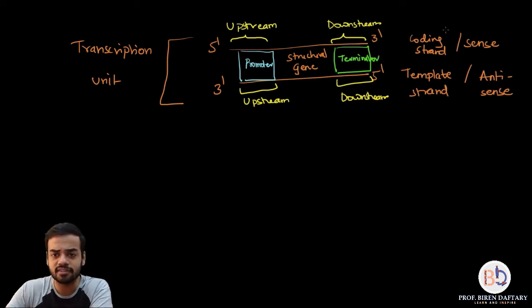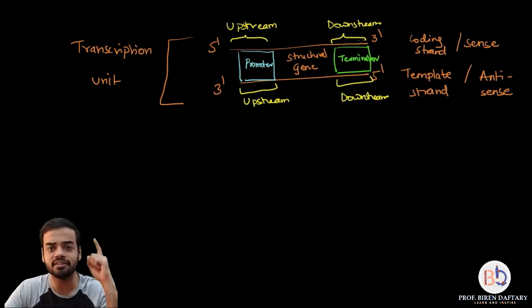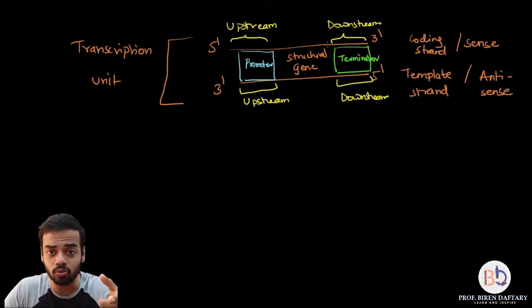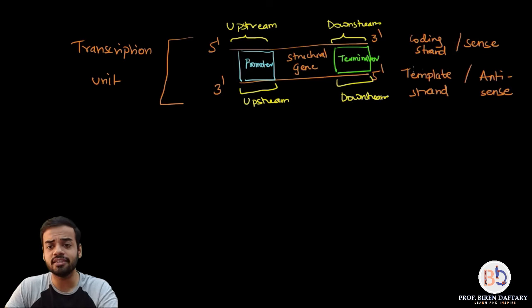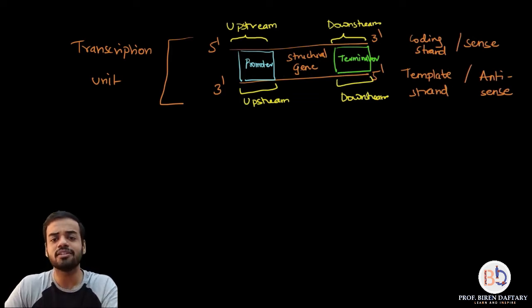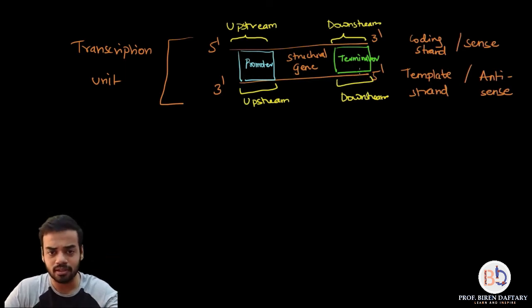Why is this strand called the coding strand or the sense strand? Because the sequence on this strand is going to be exactly the sequence on the mRNA. The only difference is that in this strand there will be T and on the mRNA there will be U. Apart from that, the sequence on the coding or sense strand is the same. Why is this called the template or antisense? This is called template because we are using this strand to create the mRNA, so it is called a template or the parent. And antisense because the sequence on this template is opposite or complementary to the sequence on the mRNA. Clear? So I hope this upstream promoter, downstream terminator is clear.